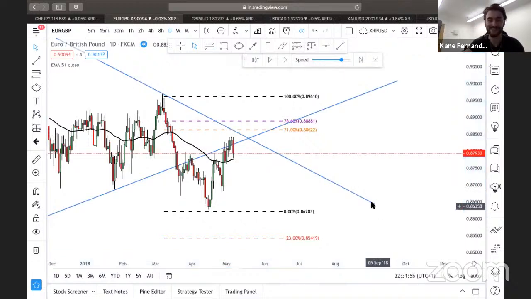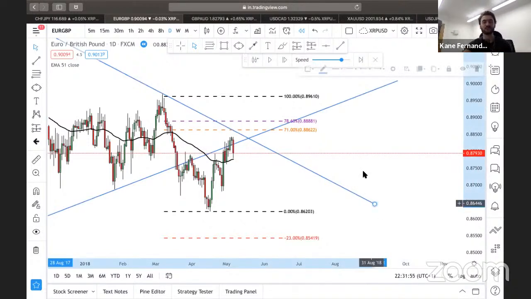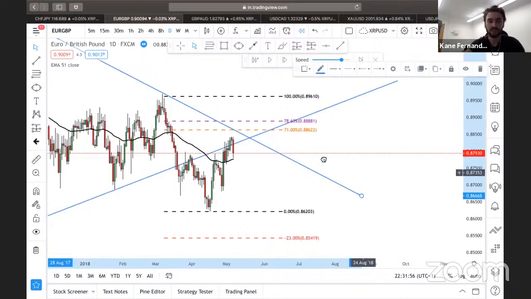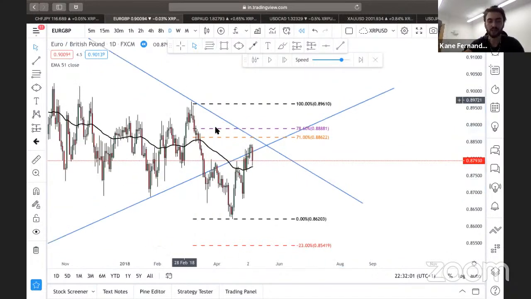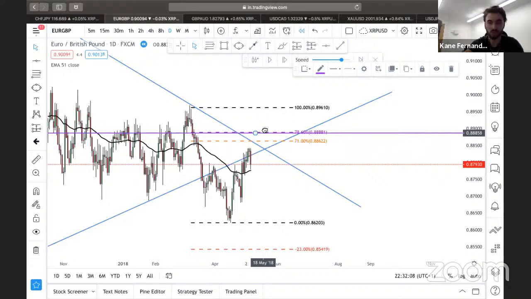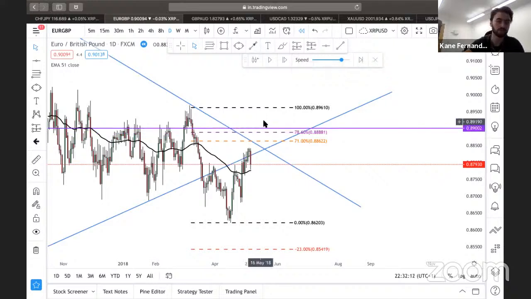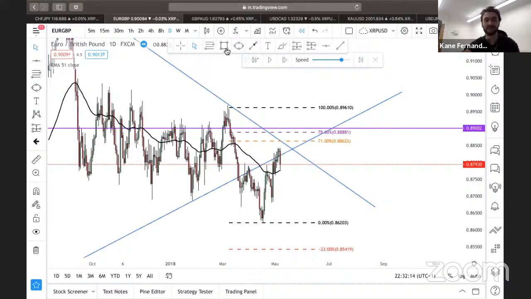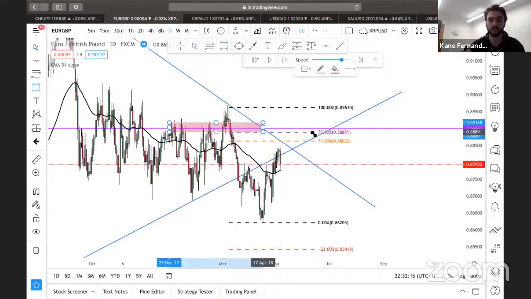Right. So we got the break and retest of this ascending trend line. We got this descending trend line in play. We got our fib zone in play. As I said, Fibonacci's are not the be all and end all of all things. We use them as a confluence. If you haven't watched the other video where I explain it in the trading nut, where I flip that money, then you should go watch that because I explain it there.